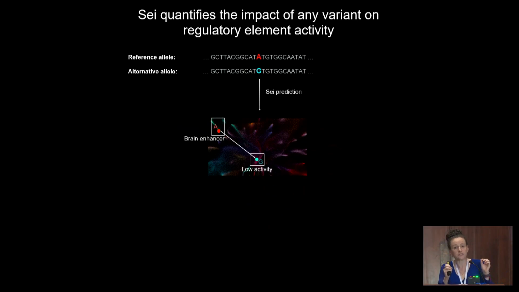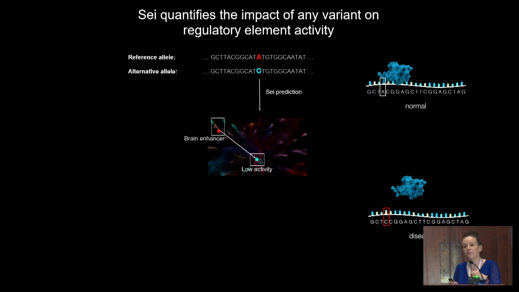Now, you could have actually done that annotation by just clustering known ChIP-seq data, like that the community already produced. Why you need the deep learners is because now you can say, what if I have that A and it changes to a G? And then you can have a specific prediction that this brain enhancer sequence, due to that single variant effect, is going to now lose its brain enhancer function and go into a low activity state. And then you can have a mechanism, so for example, in this case, that a particular transcription factor binding was disrupted.